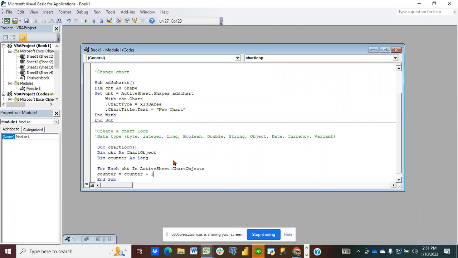So if you have 100 charts in a particular Excel sheet, instead of going to name those charts manually, chart 1, chart 2, chart 3, chart 4, and so on, you could actually use this code, and it is called the chart loop code, right? You could create a chart loop by countering each of the charts by adding 1 to the chart. And we can't just add 1 to the chart if we